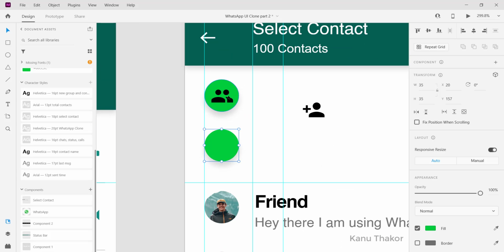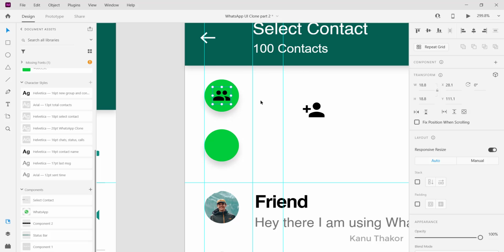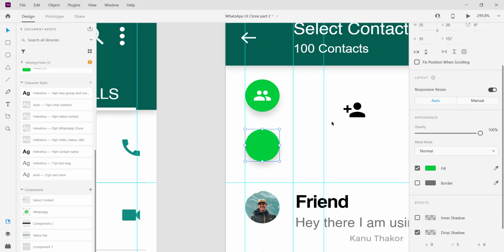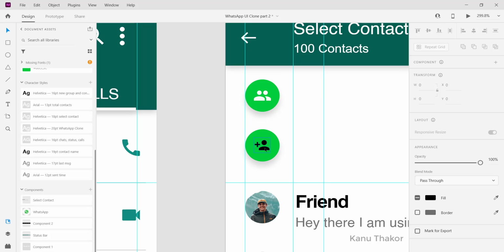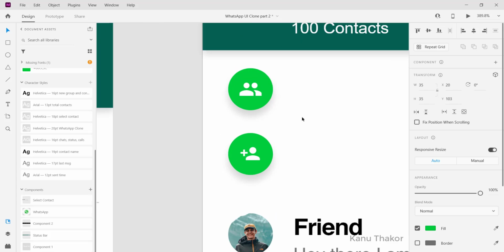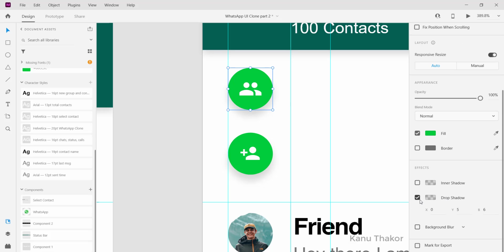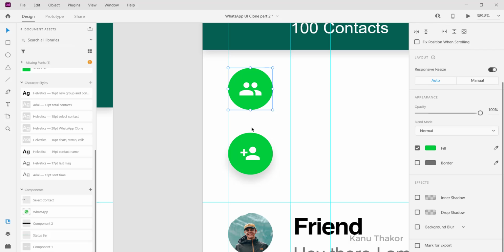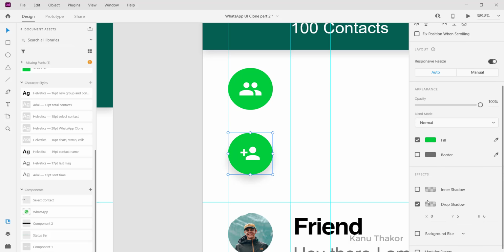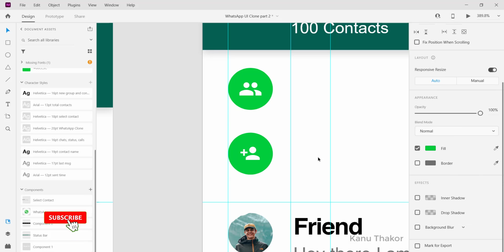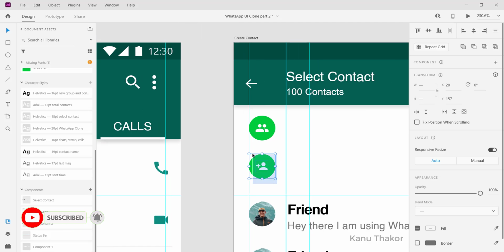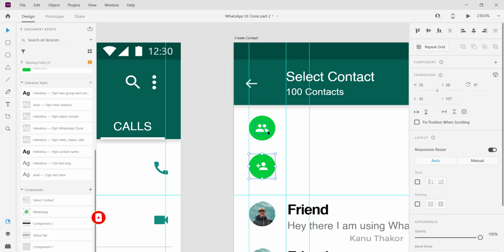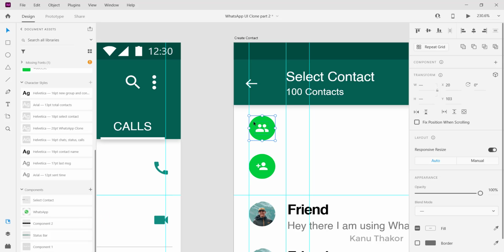Now we will resize both of these icons and arrange them and change their fill color to white. At this moment we don't want this drop shadow here, so we'll select this and uncheck this drop shadow. Again we will select this and uncheck this drop shadow. Alright, this is done. We will select both of them, group them, again select this one, group them.